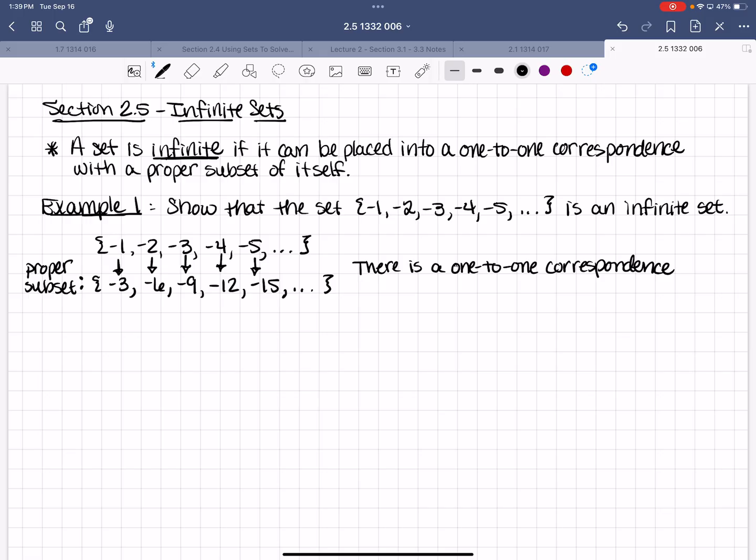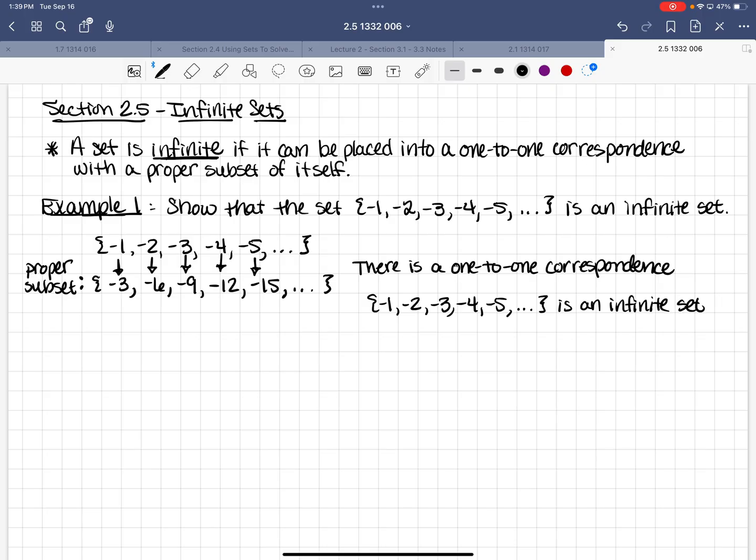If you can show that, if you can write a rule that happens, and you picked a subset, which y'all can easily pick a subset, because you picked the subset when you wrote the rule, then that means that top set in question is an infinite set. So we say -1, -2, -3, -4, -5 is an infinite